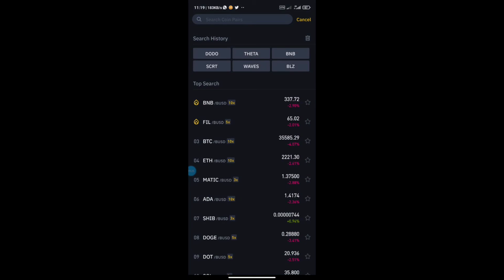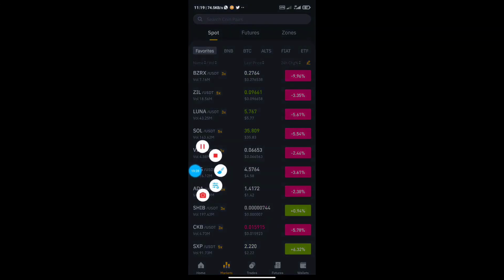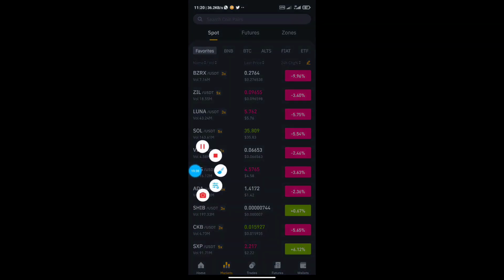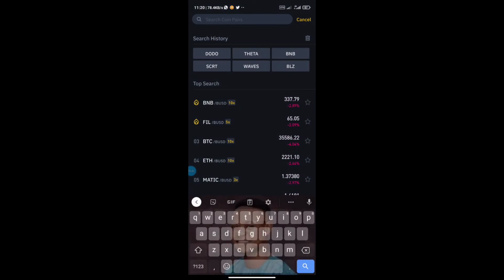Then search the name and buy it. Okay, so there's still more into this. All these things are pairing with each other. We have ZIL USDT, Luna USDT. Let me search for just one and you see what I'm talking about. This is ZIL. If I search for ZIL, you see it's pairing with so many